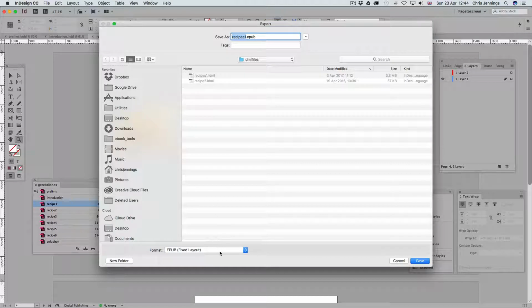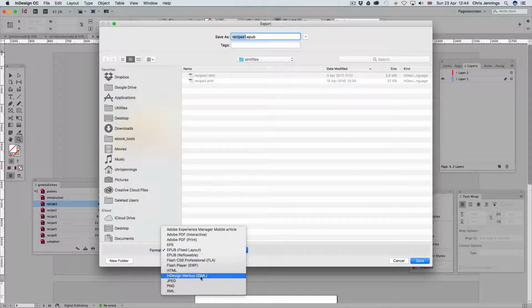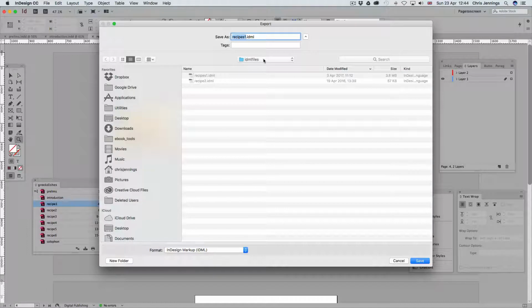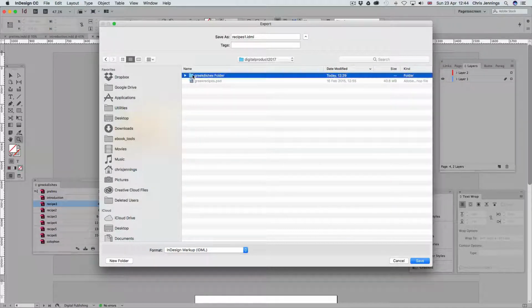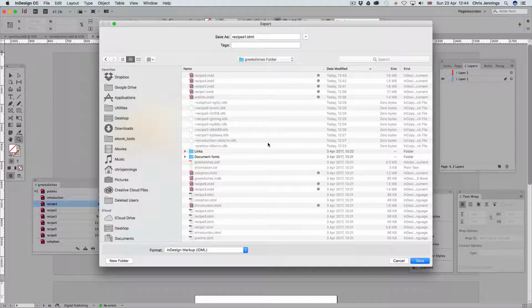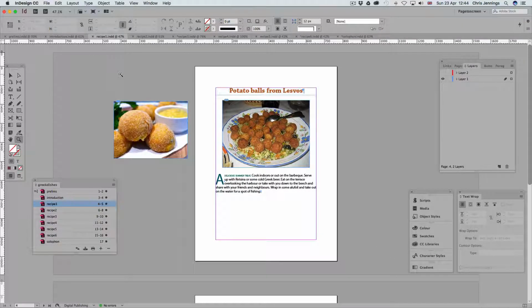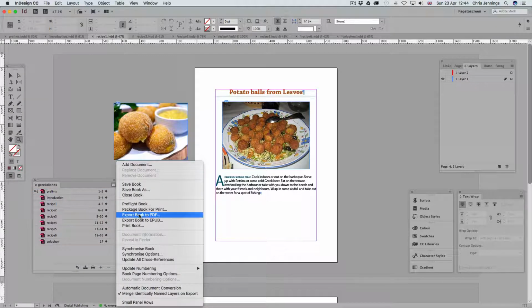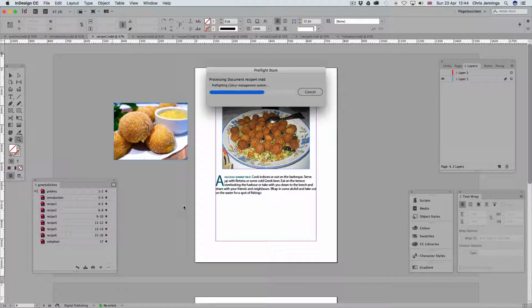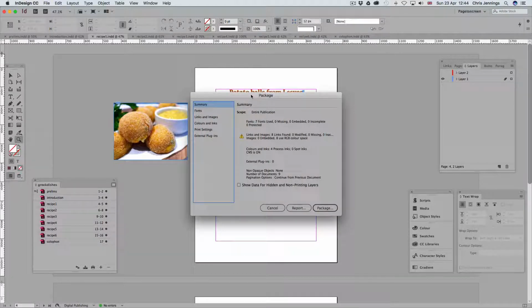as an IDML file. That's an InDesign markup file. Now this means that we can then import this into our iBooks Author file. However, it's worth noting that if we in fact create a print package, if we package this whole thing for print,